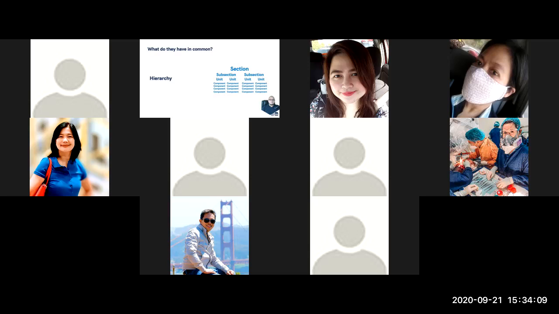No? So a component could be a video lesson, PDF reading materials. It could also be games that you put in. A component could also be a quiz, an assignment portal where you submit work online. It could also be, siguro, an audio clip, etc., etc. So all of these components, as I said, comprise a unit which belongs to a subsection, which belongs to a section. So ito yung isang first common feature of all these